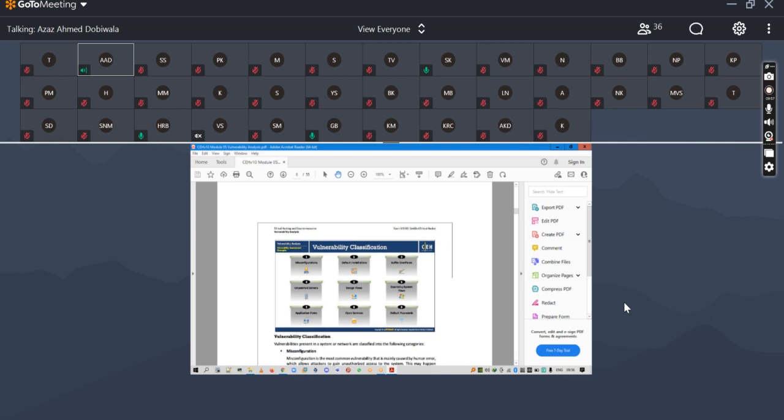Fourth one is unpatched servers. Servers are an essential component of the infrastructure of any organization. There are several cases where organizations leave servers unpatched or misconfigured, compromising the security and integrity of the data in the system. So hackers look out for these vulnerabilities in the server and exploit them. As these unpatched servers are a hub for attackers, they serve as an entry point into the system,